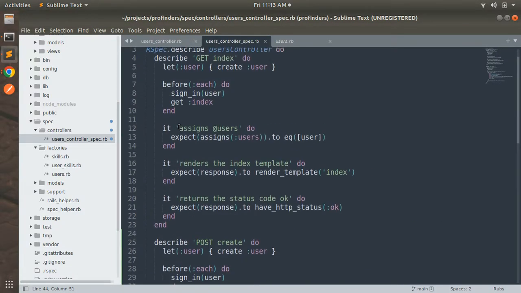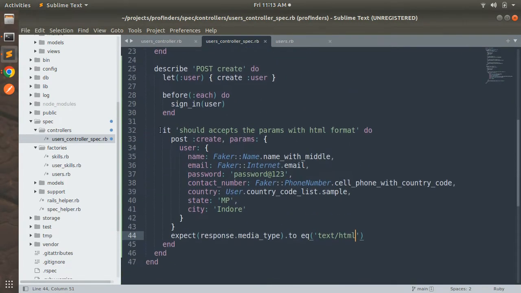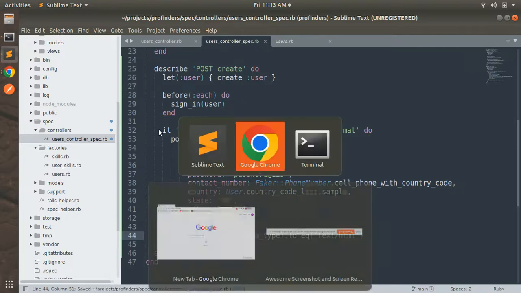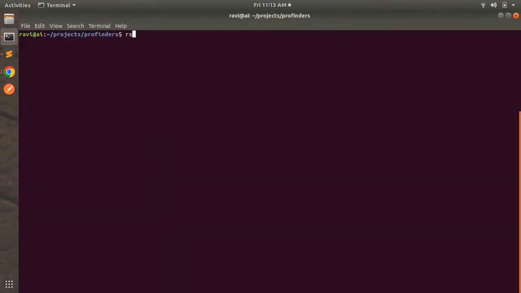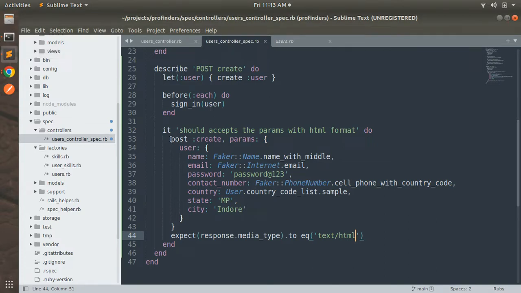Okay, because all previous specs got passed and we tested that in the last lecture. Now we just need to execute our spec from the line number 32. Okay, because there will be some error, so just switch to the terminal, and here what you need to do, RSpec spec controllers, users controllers, and run the spec from the line number 32. Okay, and when you run this spec, you will see that this request will fail at